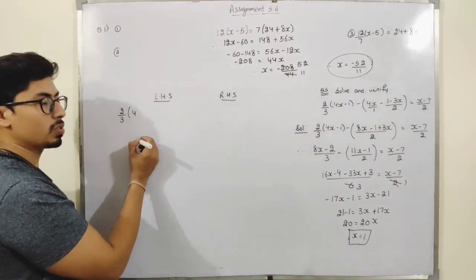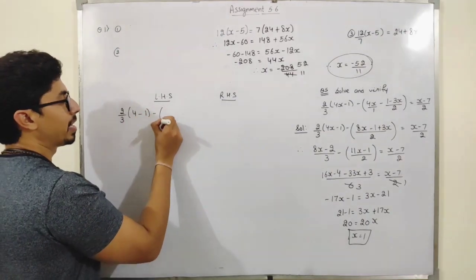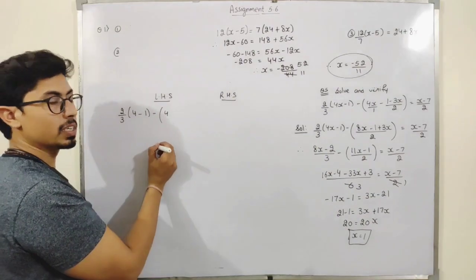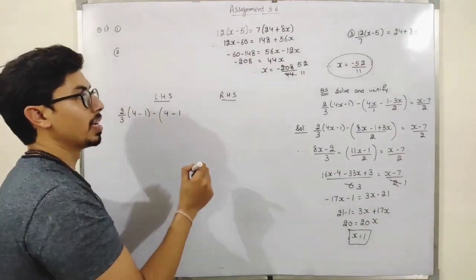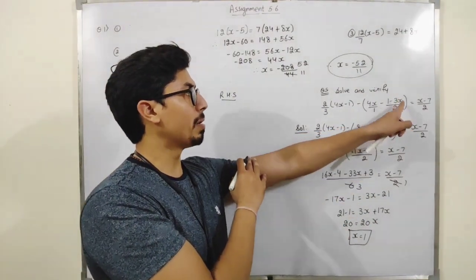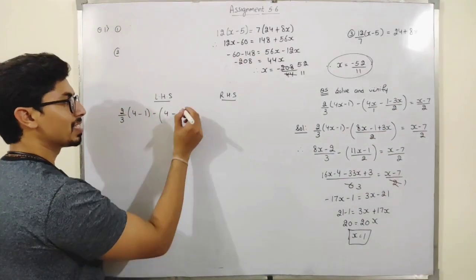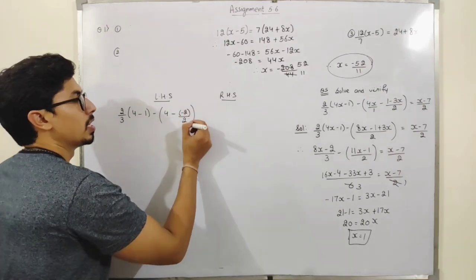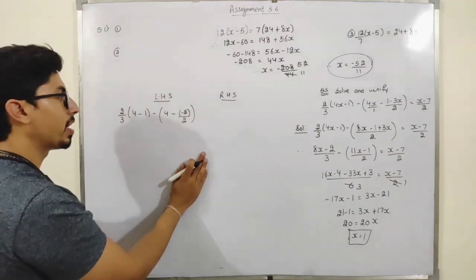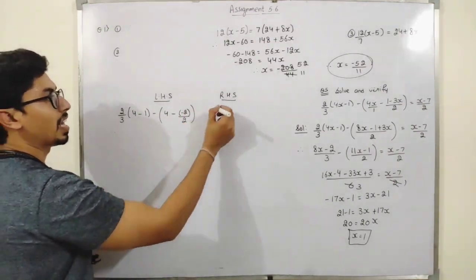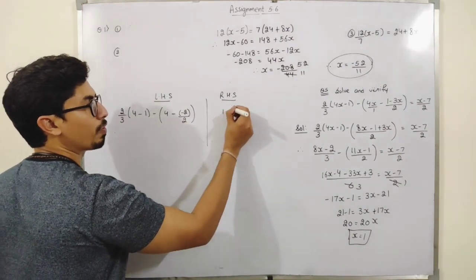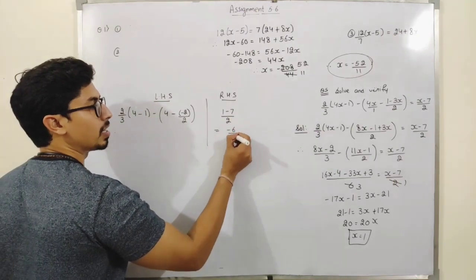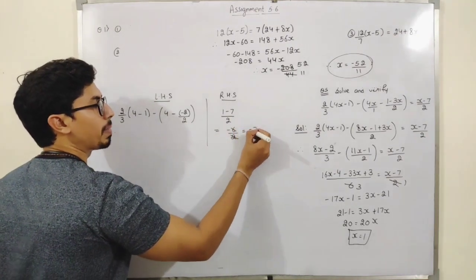So I am just writing it as 4 minus 1, minus 1 into 4 is 4. So just put 4 as it is, minus 1. Just put the value of x as 1. 1 minus 3 is minus 2. So minus 2 divided by 2. I can write it like this. Okay. Now see, and RHS will be, put the value of x as 1. So students, 1 minus 7 is minus 6 by 2, it will be minus 3.